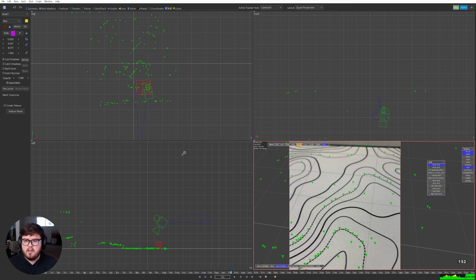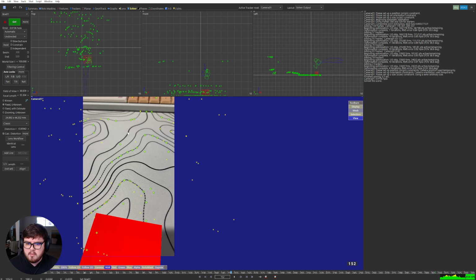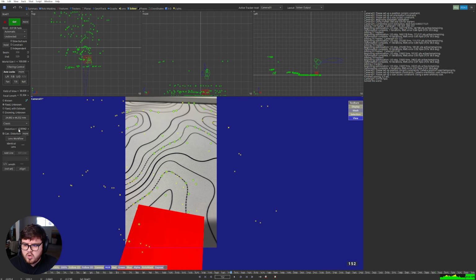Now in this process, let's go back to the solver. I just want to point out something really quick. We have this distortion number down here, and lens distortion is a very critical thing that you have to take into account in the compositing stage. Basically, because Syntheyes and Blender use 2 different ways to calculate distortion, we cannot have this number be anything here. It has to be zeroed out so that we can export it to Blender, or it's going to give us an error and it's not going to work properly. So the method that I use to export this out properly with the lens distortion and everything like that